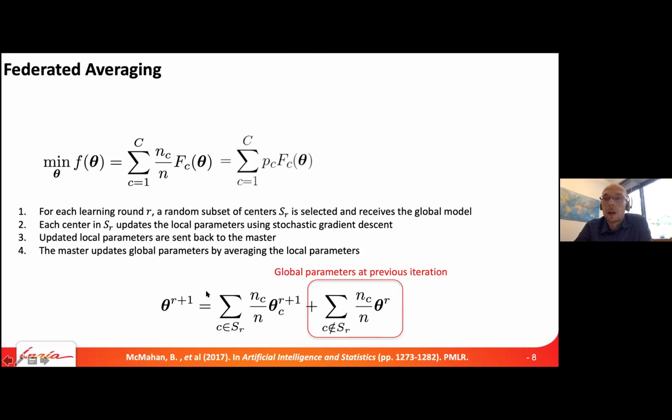Once we perform this aggregation, we obtain a new estimate of the parameters at the server level. So we can send this estimate back to the clients, which will use it for a new SGD optimization, a series of SGD steps starting from this initialization. And this is how federated averaging works. It's very simple. We just assume that all the weights of our neural networks are independent, and we estimate them independently through weighted averages.